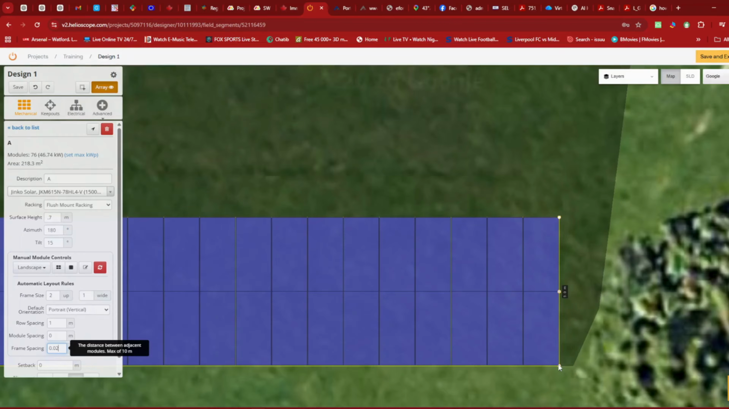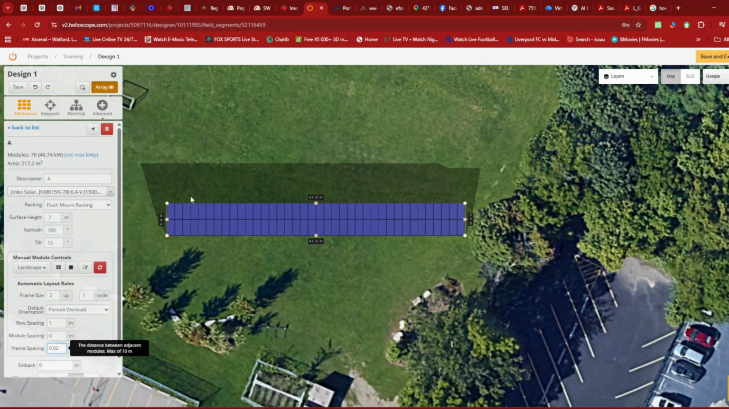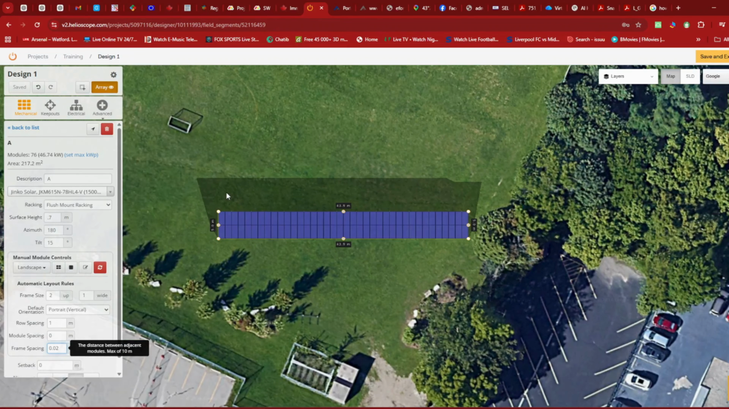Also, most times the structure is made for a number of panels, right? So you want to make your field segment based on the number of panels that a structure will take. So usually seven. I've seen 13, I've seen multiple ones, but let's stick with